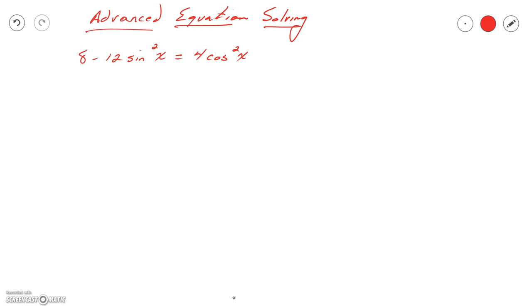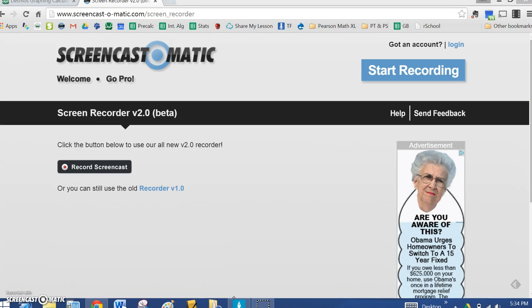However, before we start actually solving this, I just want to reiterate that any equation can be solved by simply looking at the graph. If I graph the left-hand side of the equation, and then I graph the right-hand side of the equation, I'm just looking for the place where those two graphs intersect. So I've done that